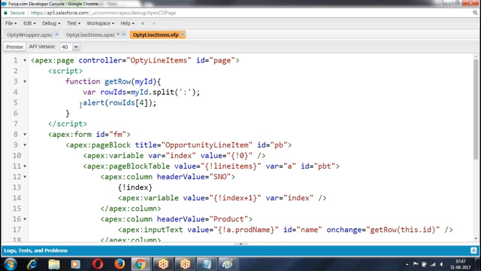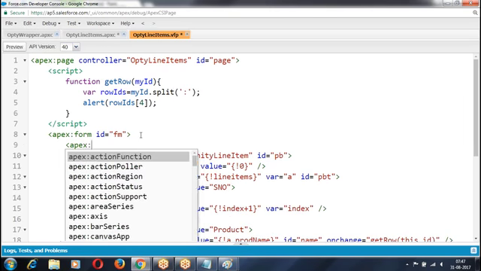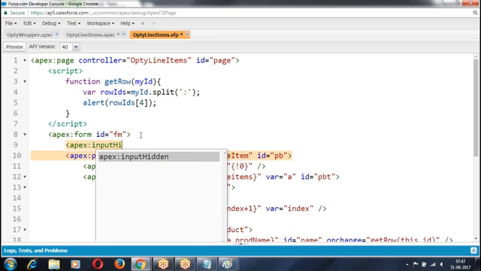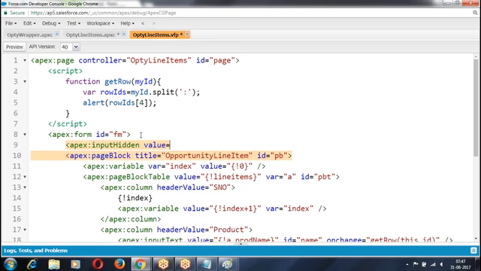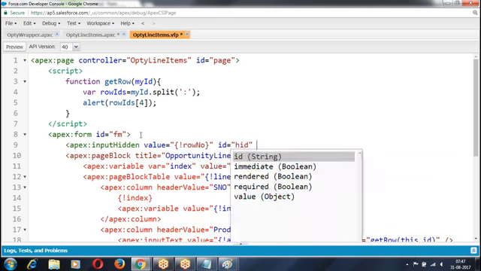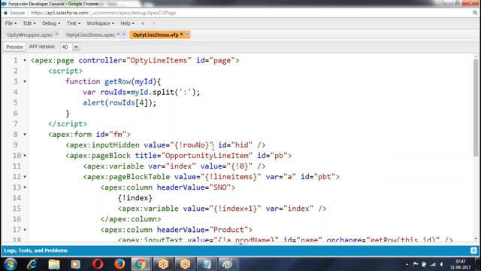Then how do you get this? We need to pass the row number to the Apex programming. How do you pass the row number to the Apex programming? Apex input, then value equal to. If I assign the value to this, what will happen? Automatically it is assigned